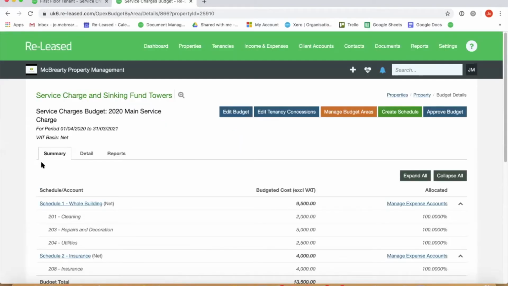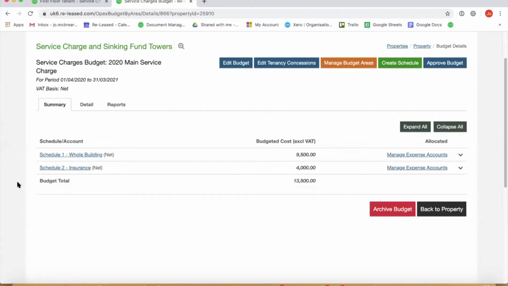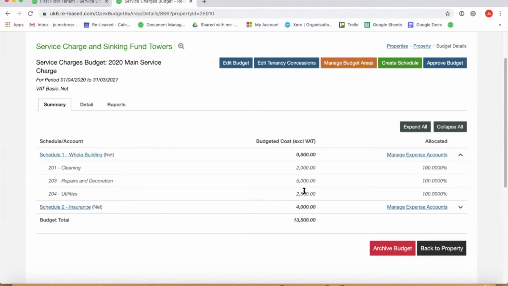And what you can see here, we've got the setup of our service charge. So we've got schedule 1, schedule 2 on our summary tab. So what you can see, you can collapse all and just show the headers for the schedule. So this is giving you an overall view just of the schedule. So we can see what our budget amounts are for the schedule. We can open it up to see the breakdown